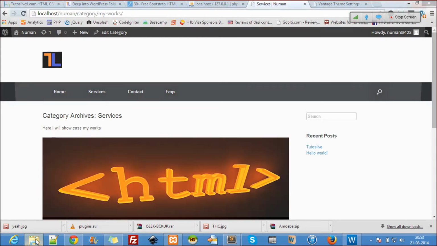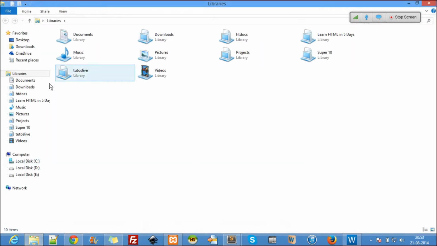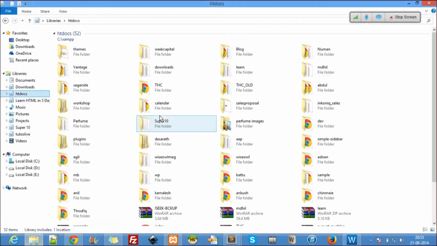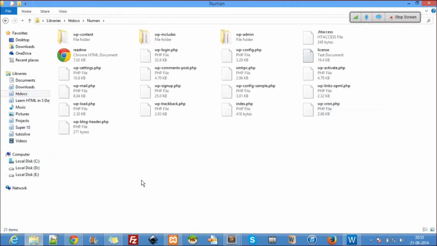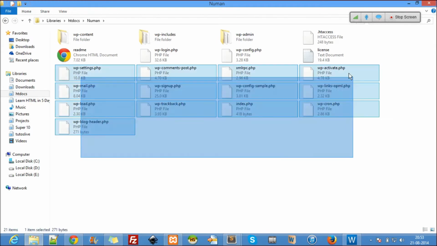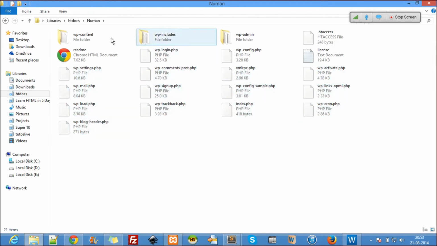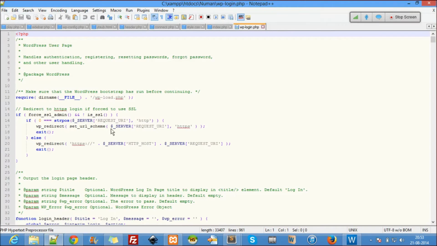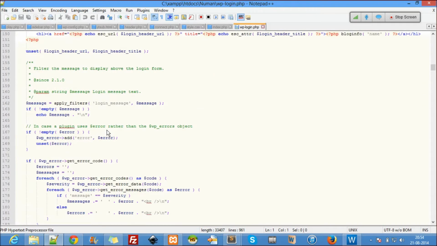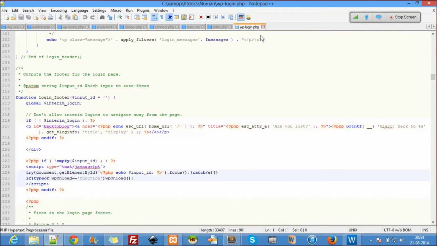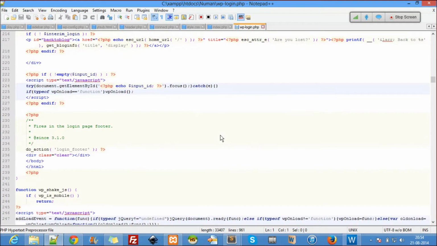Let's go. Now, where is my installation? Okay, my installation is always in the htdocs folder of my XAMPP installation. So here in htdocs, I can see it. This is where the entire thing is. Okay, WP login is the login file. So let me edit that with Notepad++. You can see it here. You won't understand this if you don't know PHP, because it's all PHP code. You can see even the extension is .php.